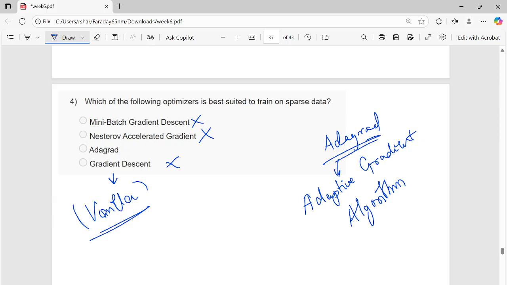If we have very infrequently occurring features, for them it assigns a larger learning rate so that those features are given good importance, whereas the features which occur frequently are given smaller updates so that we can prevent them from dominating the learning. The answer is